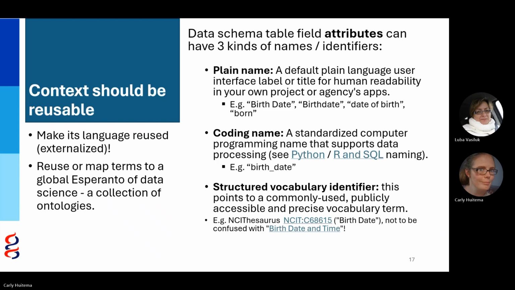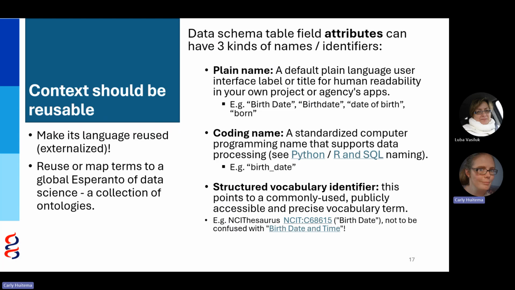So to start, the data schema table field down to the individual attribute level, each field have 3 different kinds of name to them. And we're often used to working with 1 or 2 names, but we're trying to get up to a 3 component part. So the plain name is a default plain language, user-friendly English name